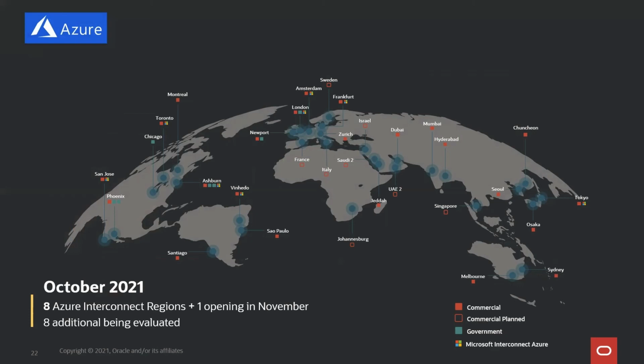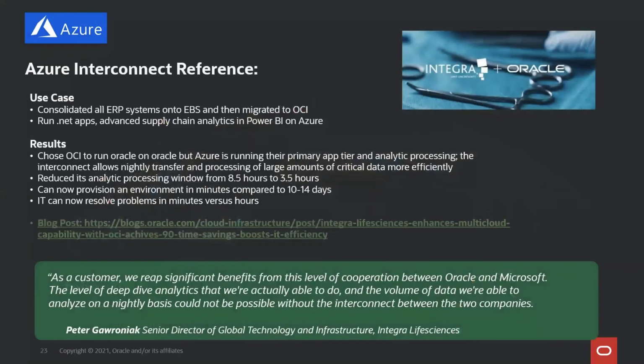And this is a big part of our job, to evaluate where we are physically located so that we can get the 2 milliseconds of latency. So we look for close proximity between the Azure data center and the Oracle data center, and then we try to build the interconnect from that, including taking into account any type of customer demand.